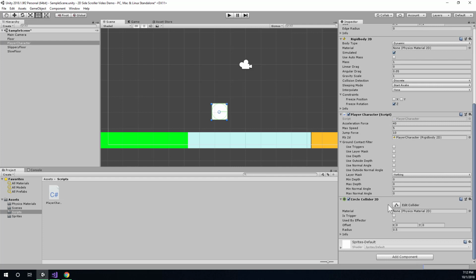So find the circle collider, and we're going to want to offset it on the Y. So I'm just going to drag it down until it is a little bit lower. So that kind of gives us a little bit of area underneath the player to check for ground. And I'm going to reduce its radius somewhat